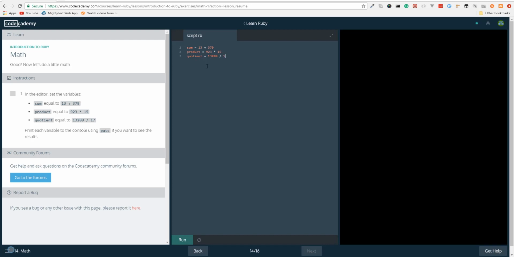13,209 divided by 17. Print each variable to the console using puts if you want to see the results. Sure. Puts sum, puts product, puts quotient. Enter. What did I do here? Puts pust. Yuck, nobody wants pust. Okay, so yeah, looks good. Next,